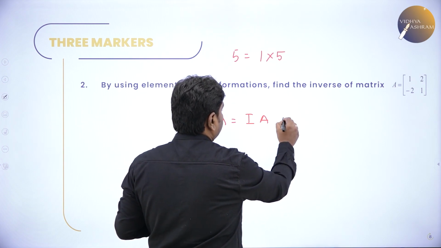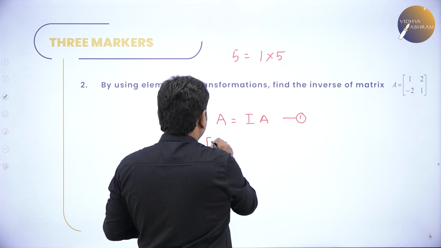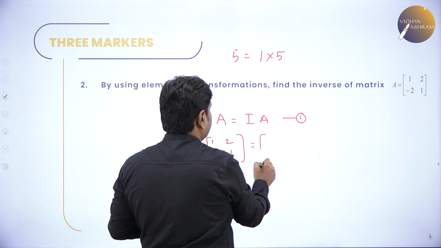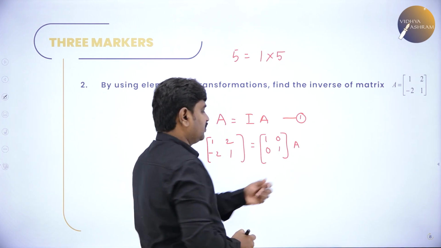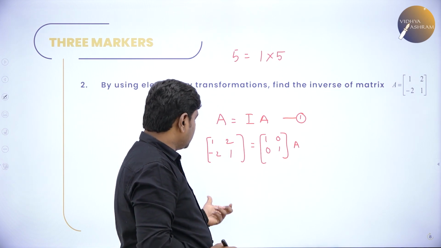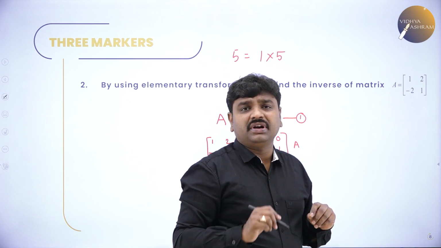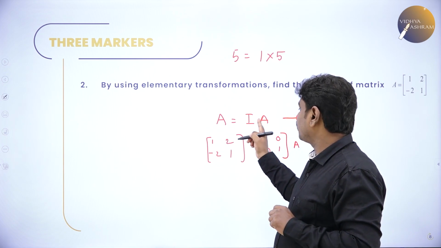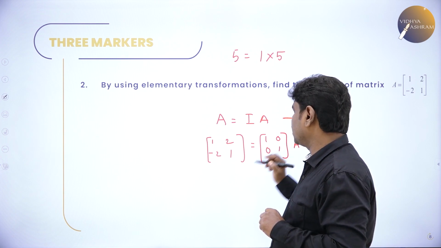Then this is the first step. Then the given matrix we'll write here. What is the given matrix? Whatever they give: 1, 2, minus 2, 1. Then here we'll write identity. What is identity? 1, 0, 0, 1. Till the end we retain this, and we'll go on transforming this so that here it should become identity. The first two steps are simple. A can be written as 1 into A. Instead of 1 we say identity. So A is I into A. A means the given matrix, write as it is. I means identity, write as it is.